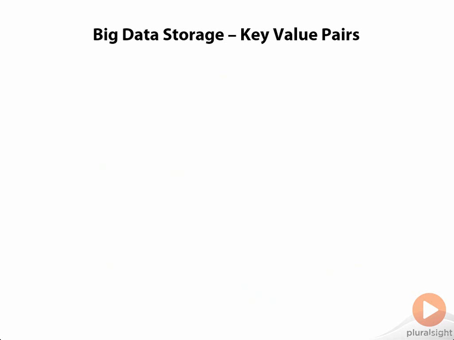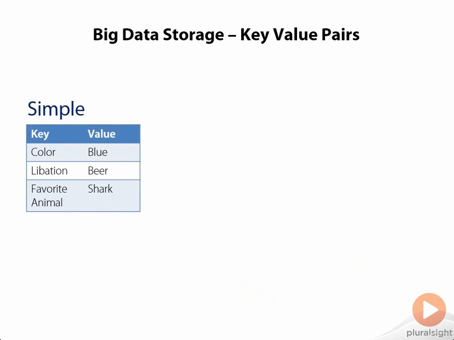Now let's take a look at some of the different architectures for these big data systems. I'm going to start with the simplest of them, the key value pairs. Now these databases keep data in simple schema-less tables that pair keys with their values. These make it difficult to run SQL-like queries. However, they remove the need to have schema predefined before storing data and still allow fast access for applications looking